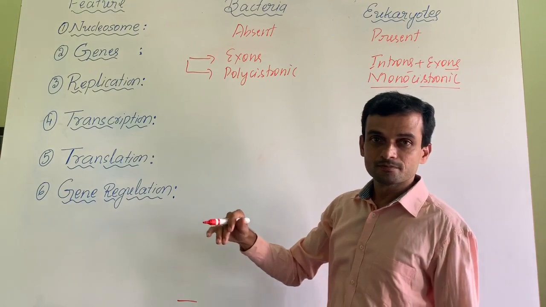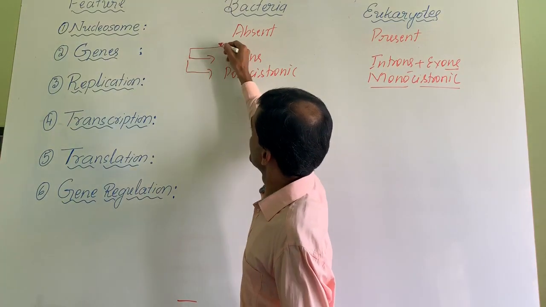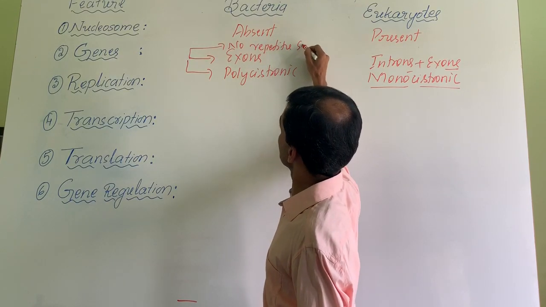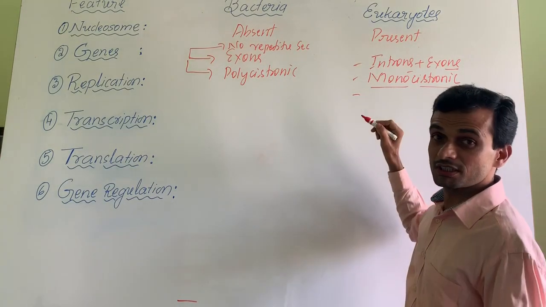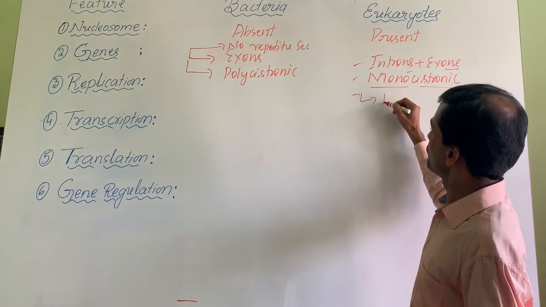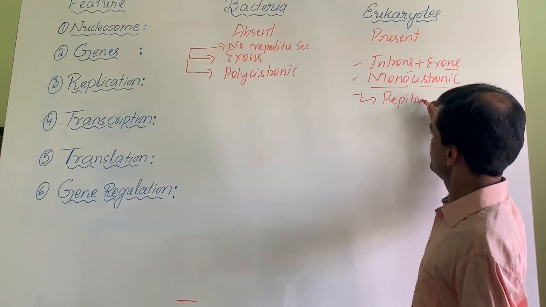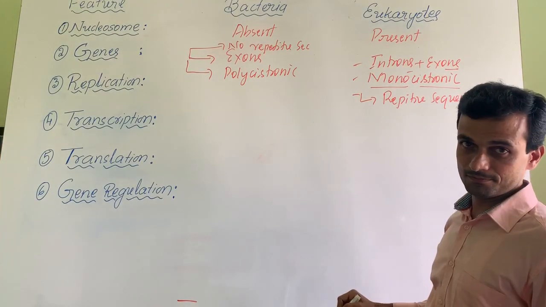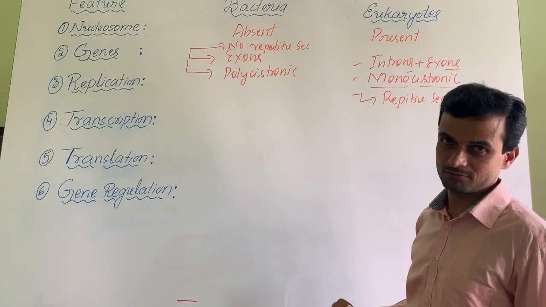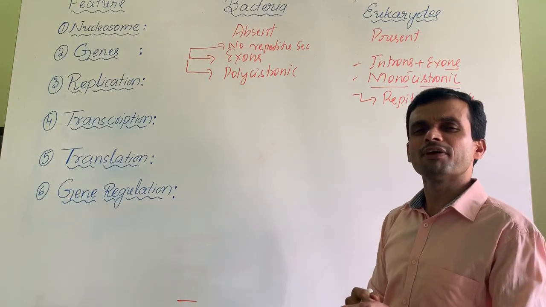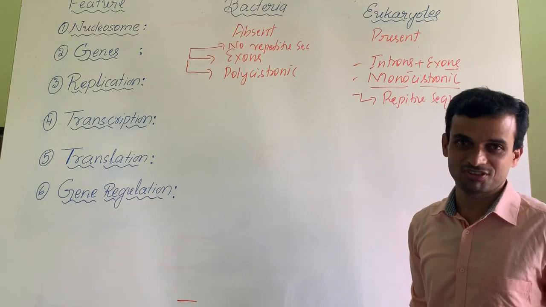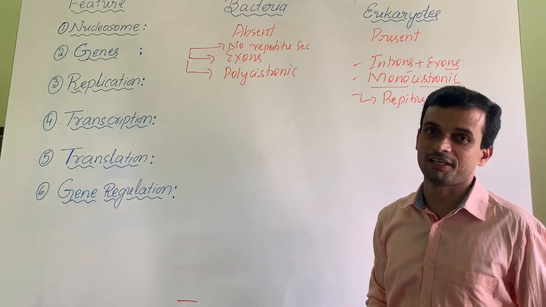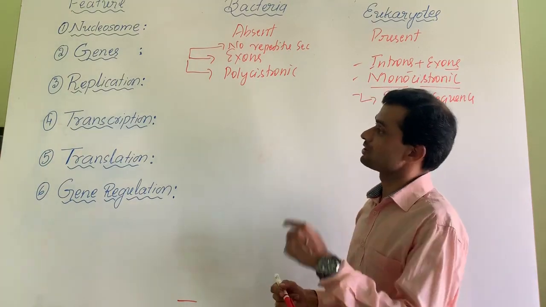This gene will not have much repetitive sequence, no repetitive sequence. Whereas here, in eukaryotes, genes are associated with lots of repetitive sequences. So we focus on this in DNA profiling, number of tandem repeats and so on. In fact, eukaryotes have 95 to 98% repetitive sequences. Whereas here it is only functional. Repetitive sequences are rare. Look at the replication process.